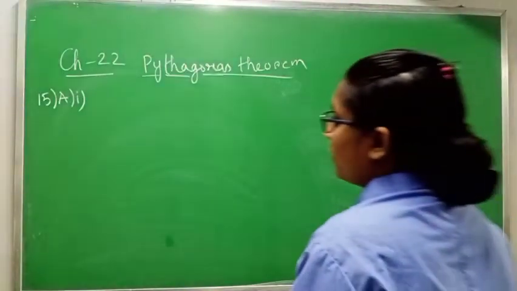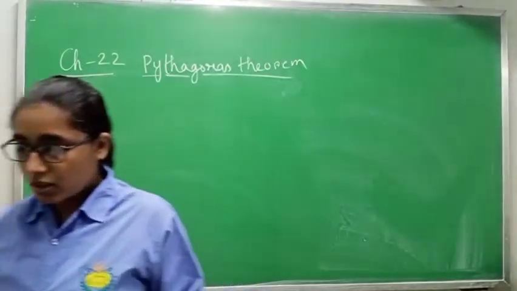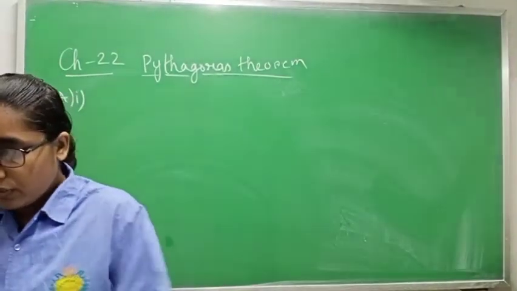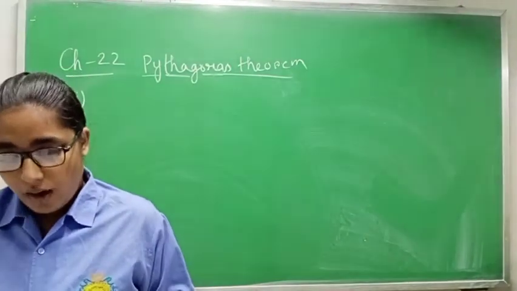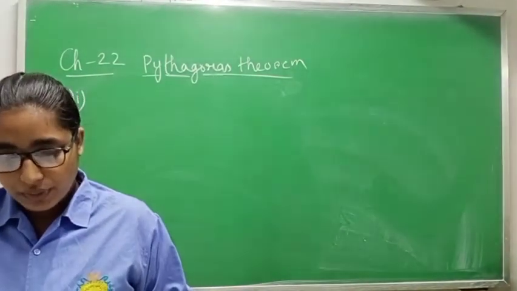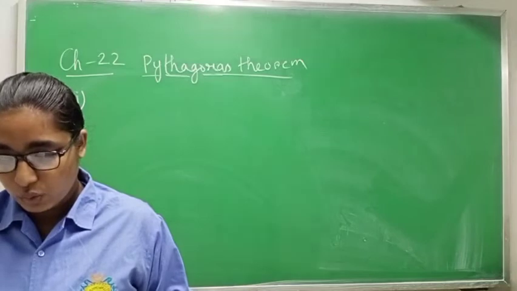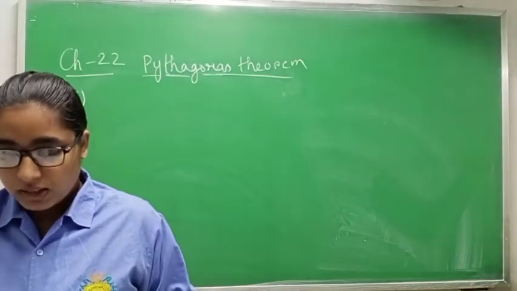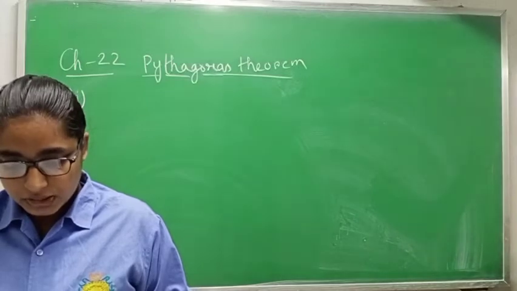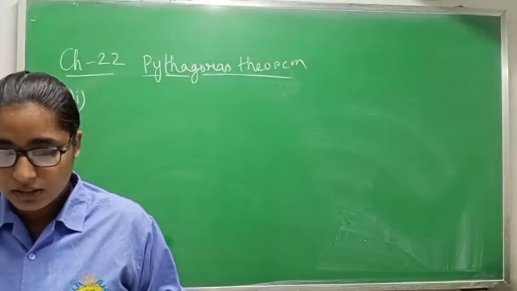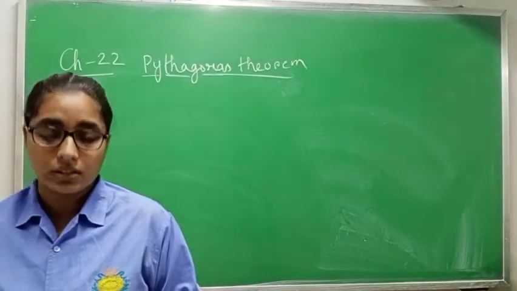Class 10. Today I will start very short answer MCQ. Okay, first. In the first question of MCQ, please open your book and see it is written: A person goes 24-meter west from a place and then he goes 10-meter north. The distance of the person from a starting point is 34 meter, 17 meter, 26 meter or 25 meter.